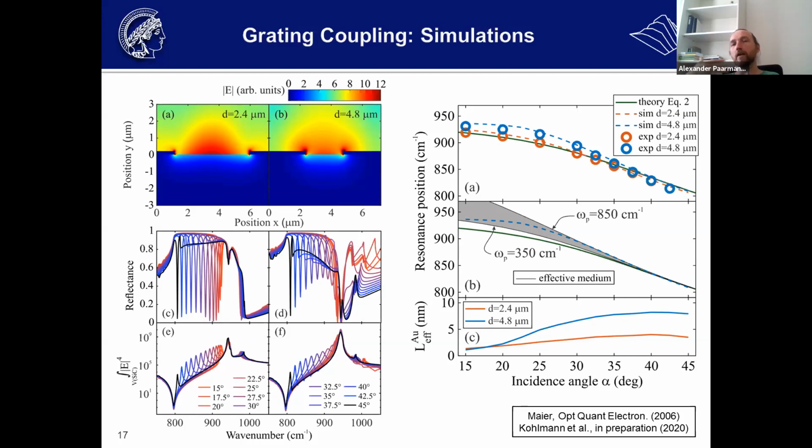And if it shifts, then you can assign it, so it disperses as expected, so I would call it a polariton. With only 1 period, I cannot make this statement cleanly. So I wouldn't dare to really say. All I can say is it fits. The resonance position fits what I had predicted,